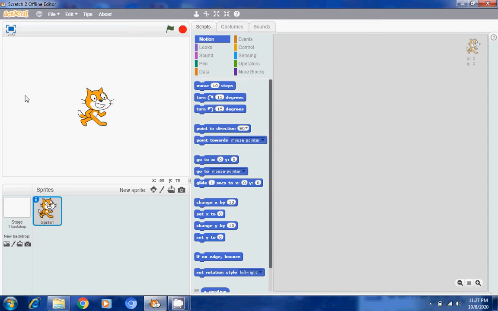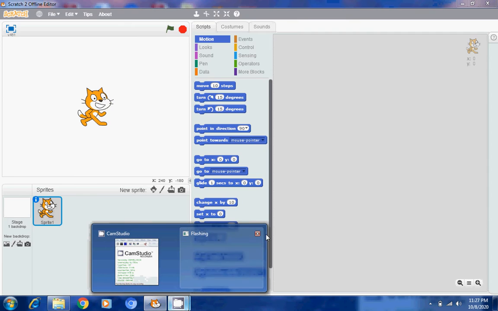This is the stage, and this cat is the sprite, our default sprite. We can change this sprite from here and take a new sprite. And these are our tools: scissor for deleting, this is for duplicate, this is for growing screen, this is for shrinking screen. This is our script area. Here we will drag the script and put it. This is for running our project, and this is for stopping our project. So these are the main components that we did in the previous class.